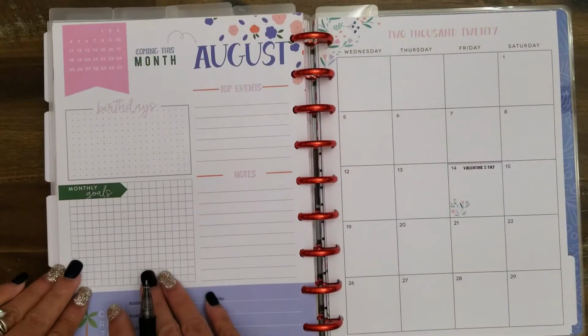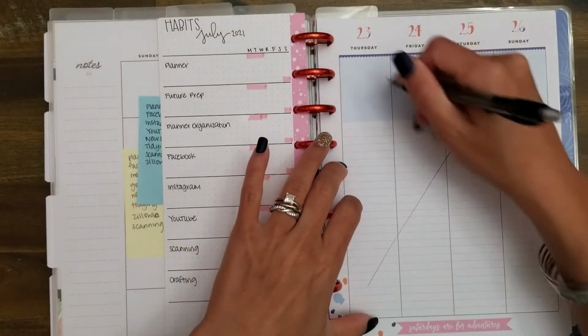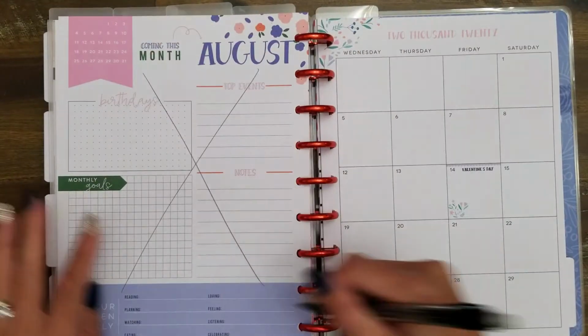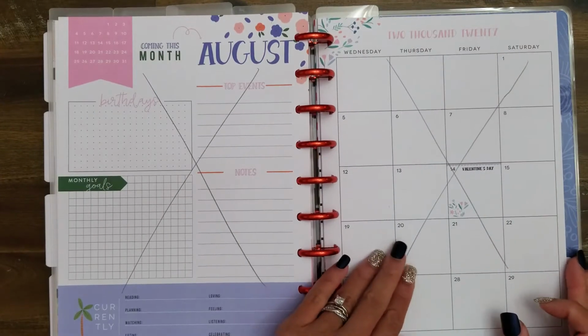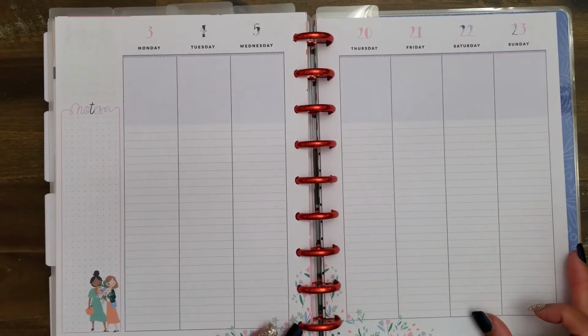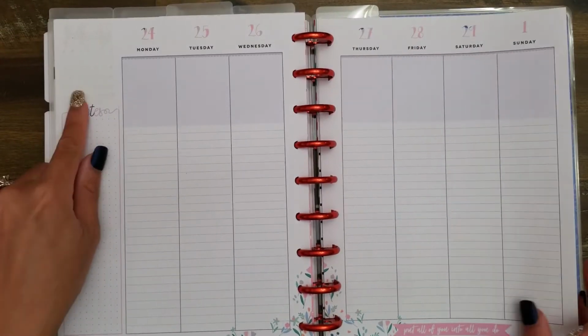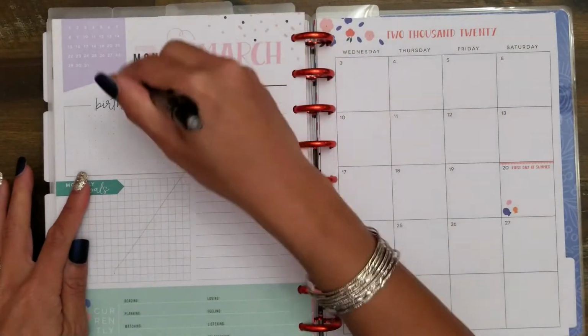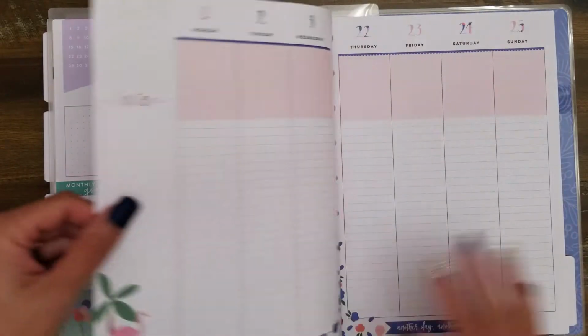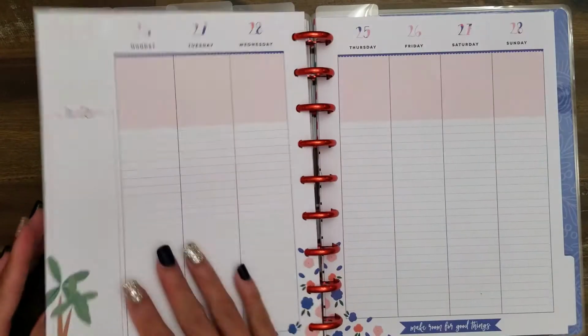And so what I do now, one of the things that I really like to be able to do when I redate is create these weekly pages and then be able to paste things in. There are certain sections you can see here where I'm just marking them out with big X's. And this is for my social media planner. If you've been following along for a while, you know that I do planner therapy videos. And so this is where I add in those pages in these X'd out weeks,